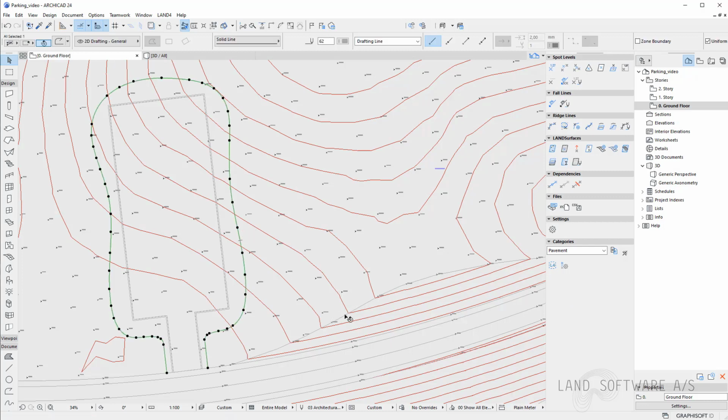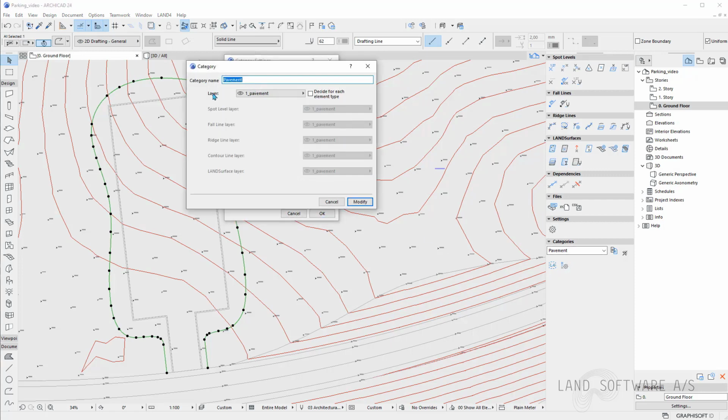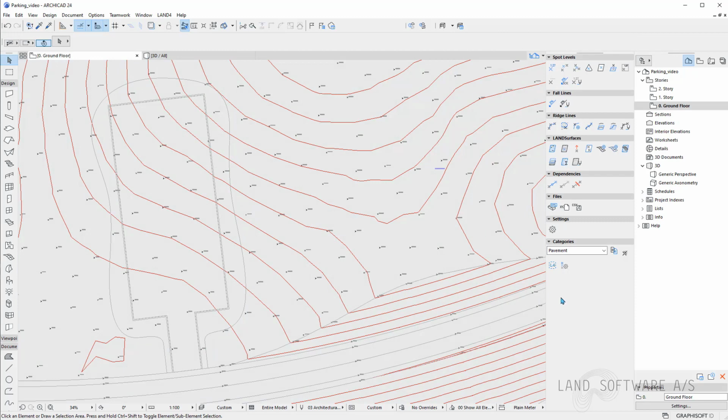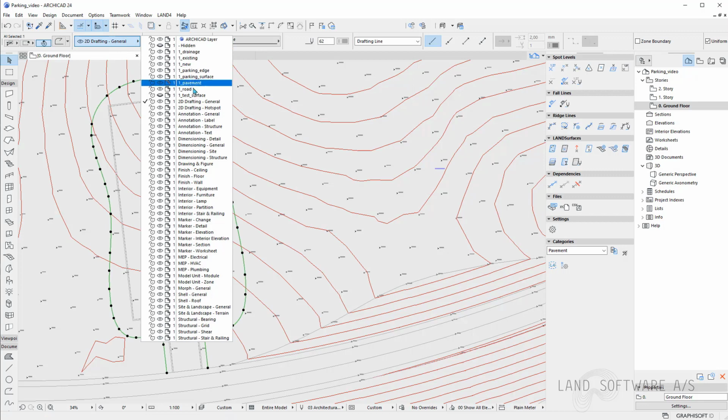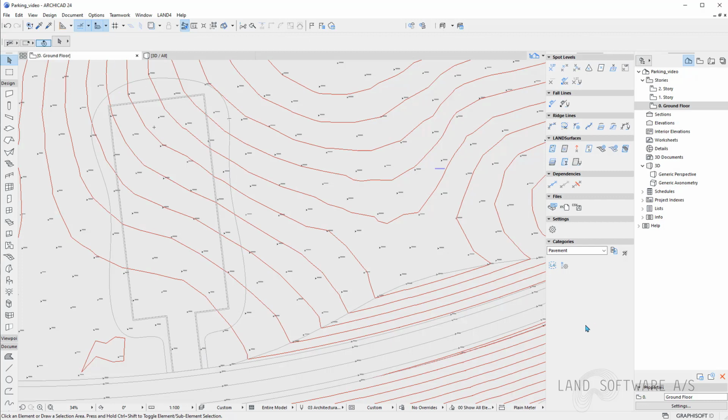The pavement polyline is originally placed in the layer 2D drafting here, while my pavement category is placed in the pavement. That is because once it becomes a 3D object, it's then handled by Land4, but I can also place it manually right now in the pavement as a 2D object, just as a polyline.